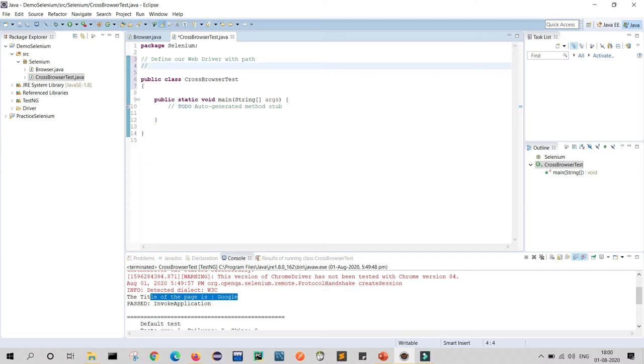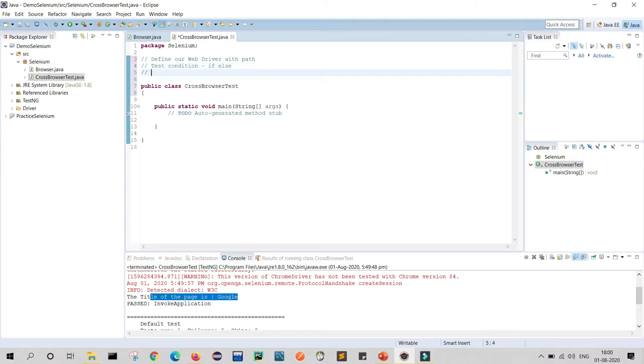What is my test condition? If whatever we write for the browser name matches with our main condition, then my test case will execute. Otherwise it will search for another browser. I will show you how we can write it. So here we will write an if else condition in main, and in the last we will write our test case, whatever activity we want to show when we open our browser. So these are the three main steps we will follow.